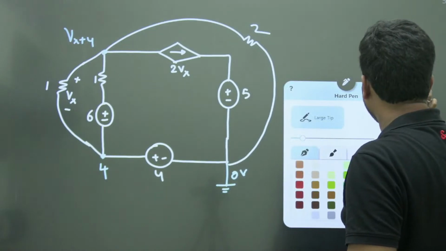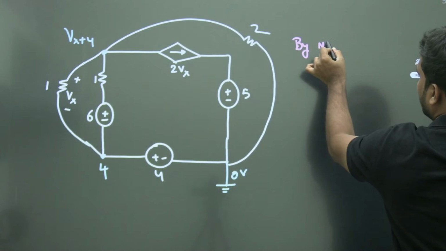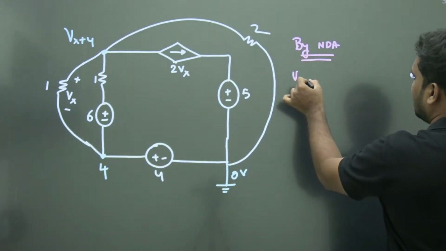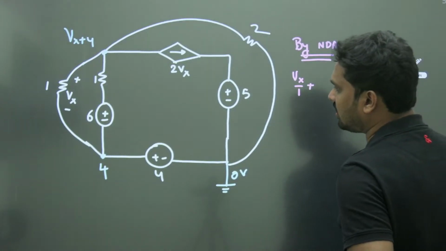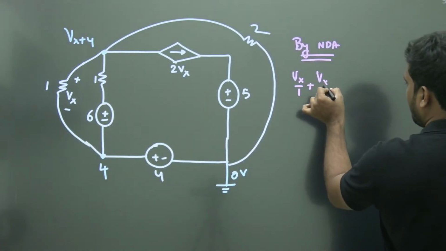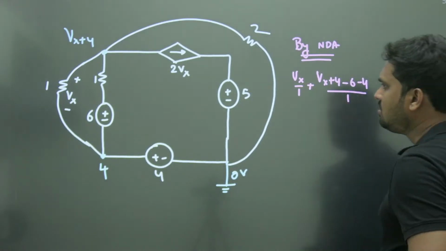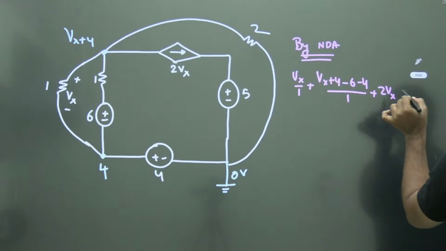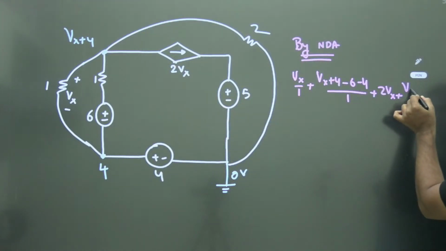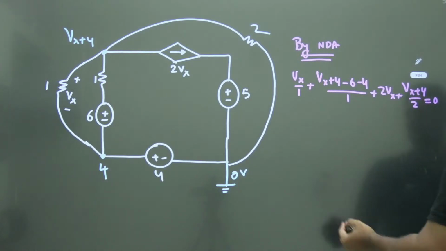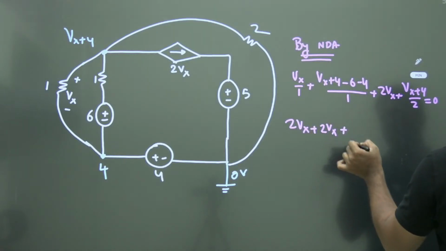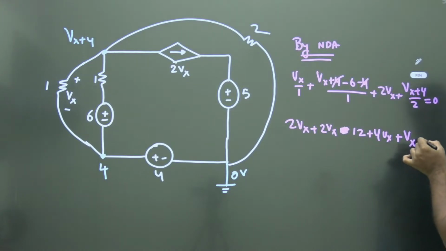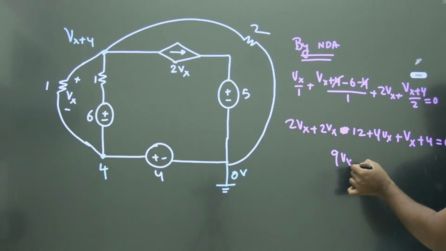So here let me write the equations by nodal analysis. What is this current? Vx plus 4 minus 4 by 1, Vx by 1 plus, what is this? Vx plus 4 minus 6 minus 4 by 1, plus 2Vx plus Vx plus 4 minus 0 by 2. Right. So take the LCM. 2Vx, then 4 cancels, minus 12 plus 4Vx plus Vx plus 4 equal to 0. 9Vx equal to 8. Your Vx is